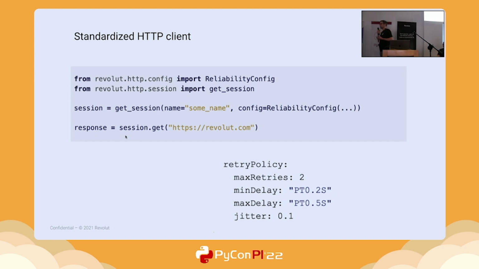However, we have our own approach on how to inject the reliability configuration. So the reliability configs specify what to do if bad things happen. What we do is we have this get session function which creates a requests session. As you can see, one of the parameters to initialize it is the reliability config. Again, the config is the YAML file that we could see, this short bit of, let's say, retry policy. So what should happen if a request cannot be sent? In this case, we specify just the name of the service and the config, which is the instance of reliability config.